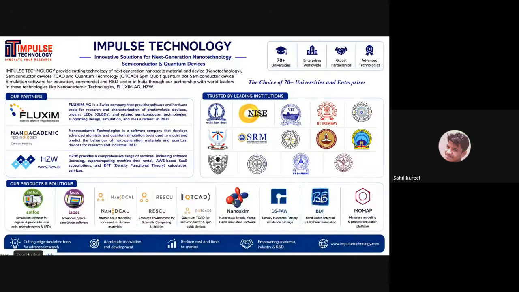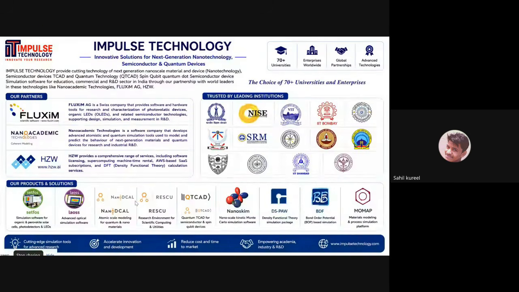Like you can see, SETFOS. It is a simulation software for solar cells, organic, inorganic, and different LEDs. You can use SETFOS and LAOSS. It is a simulation software for upscaling to large area devices in OLED and solar cells, analyzing electrical losses in large area electrodes. So this webinar is related to SETFOS and LAOSS,